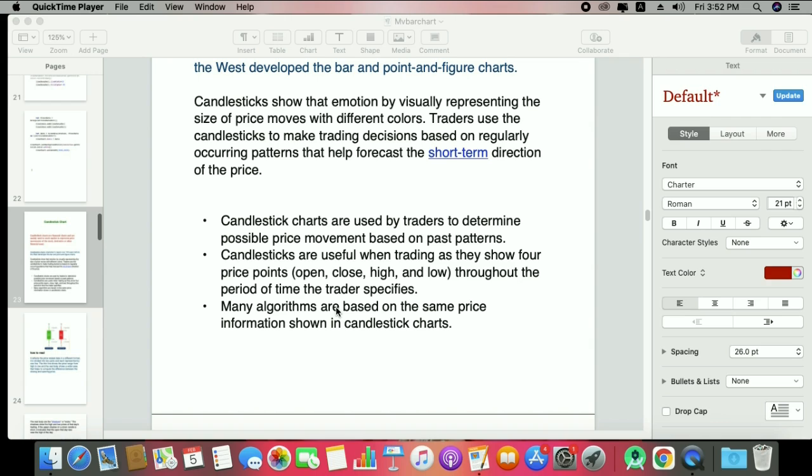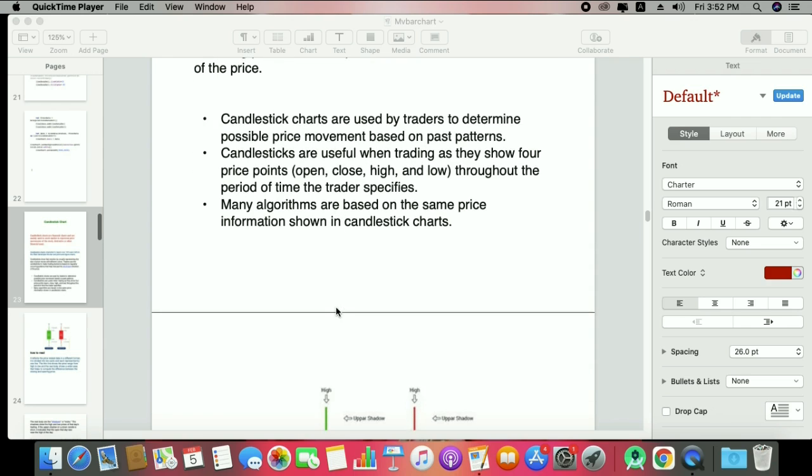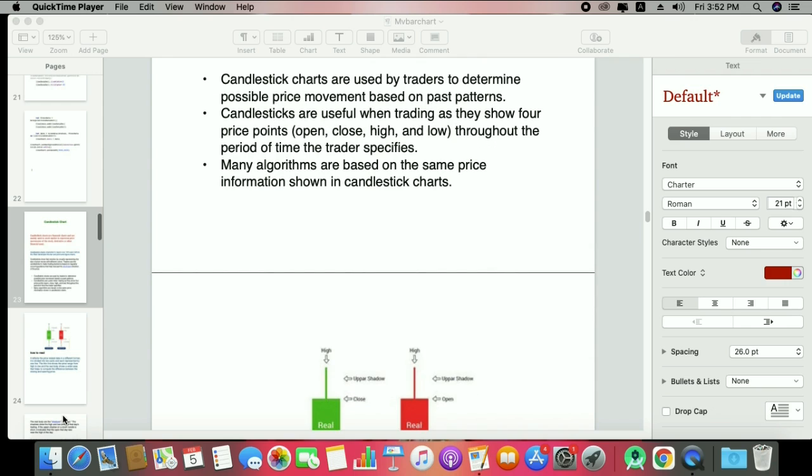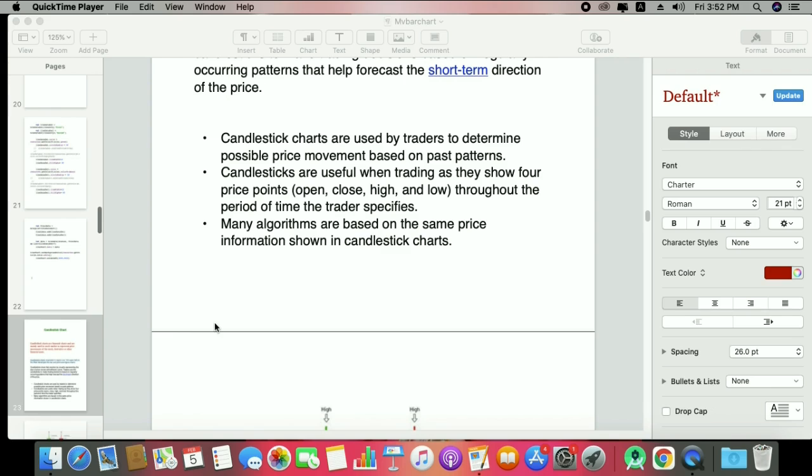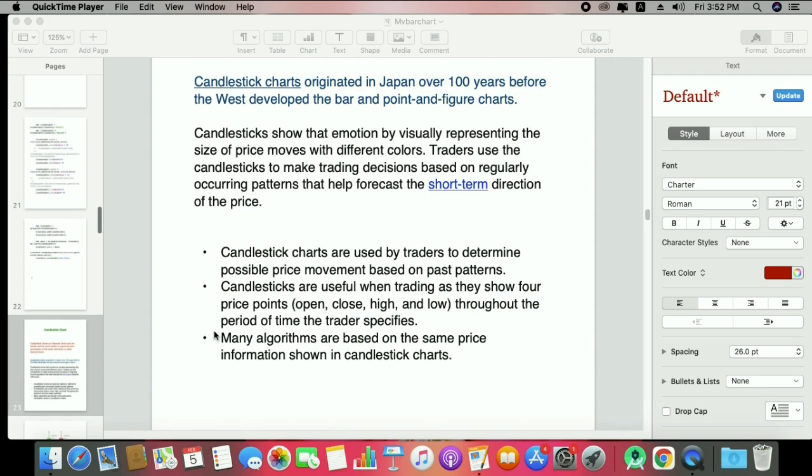That means there are four important areas we have to work with. Number one is open, number two is close, number three is high, and number four is low. So how we can use them in a candlestick is important. There are many algos, that means many calculations we can work on, depending on which kind of candlestick you want.